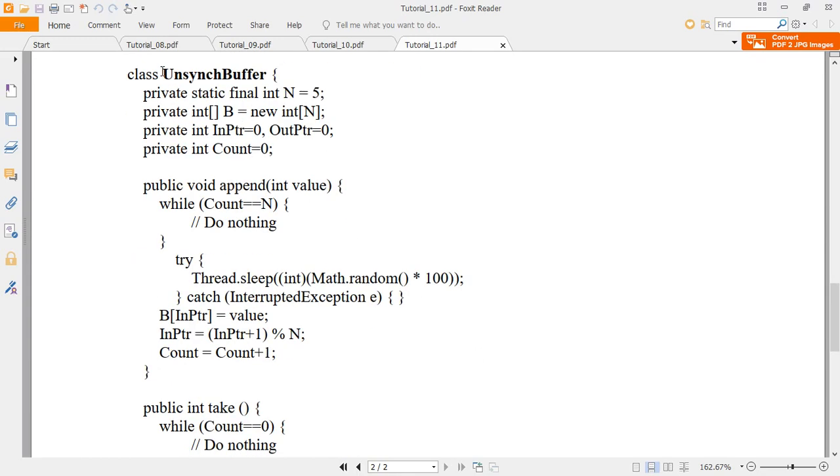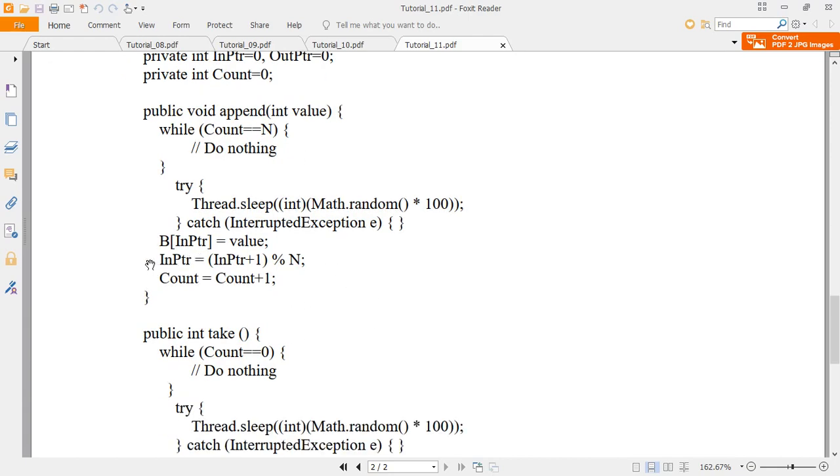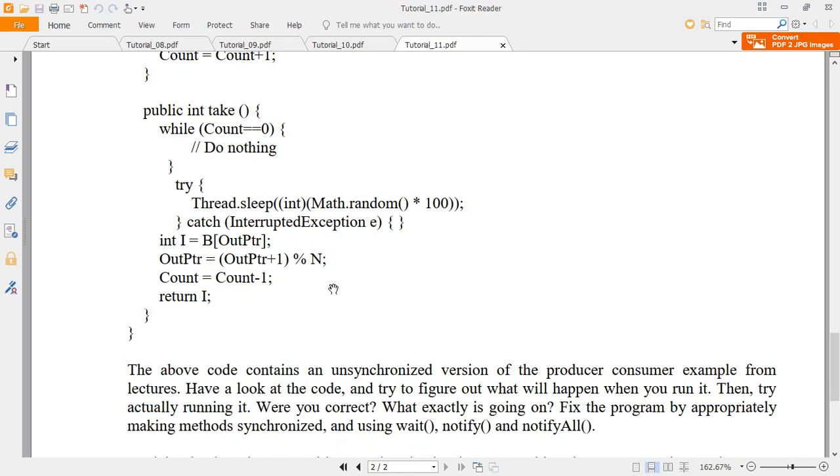So where you are supposed to place the synchronized keyword, where to place the wait and notifyAll functions, and where to maintain the flag that the producer has done the production and the consumer has consumed, so this kind of flag should be set. Observe the places where you are supposed to place these functions to make it a synchronized program.